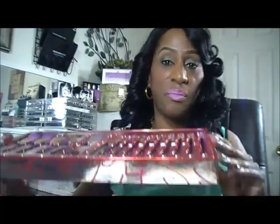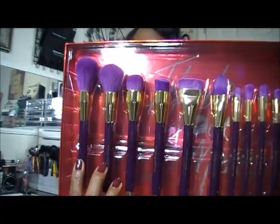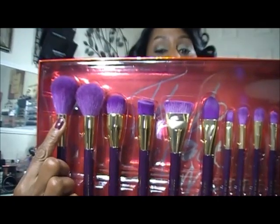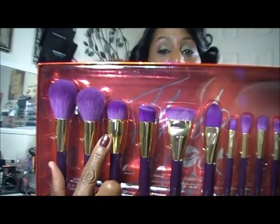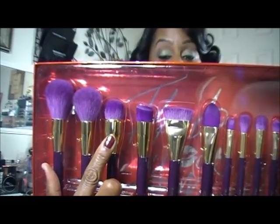Like, her brushes are amazing. They come in this really nice gift box. And inside of here, let's see if I can bring this in close enough. So right here you get a powder brush, you get a blusher brush, you get the Duo Fibrous buffing brush,